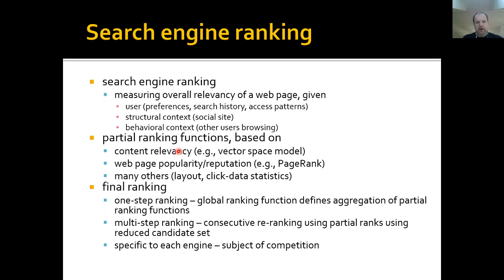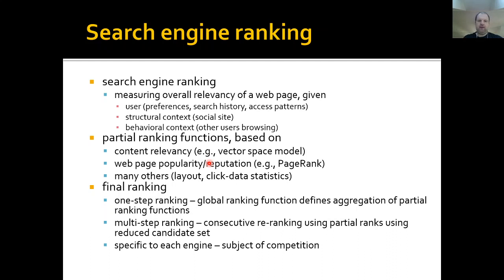So we need a query and we get some ranking based on cosine measure and the bag of words or vector space model. Then we also saw how to compute PageRank, which is another ranking of web pages that measures a kind of popularity or reputation, or these query independent scores of web pages,